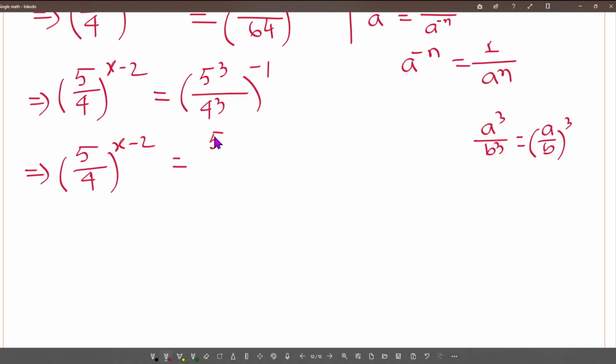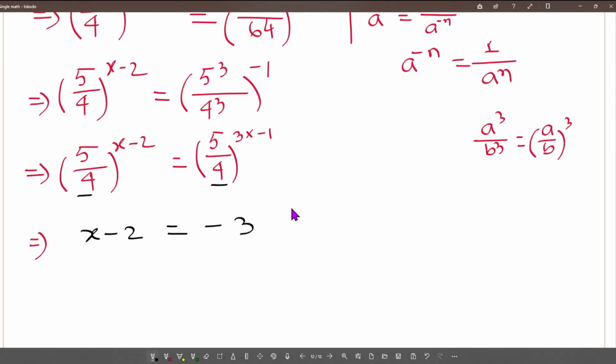So (5 by 4) to the power 3 times minus 1. Okay, now look, both bases are the same, 5 by 4, 5 by 4. So once bases are the same, the powers will be equal. So we can write x minus 2 equals 3 times minus 1,